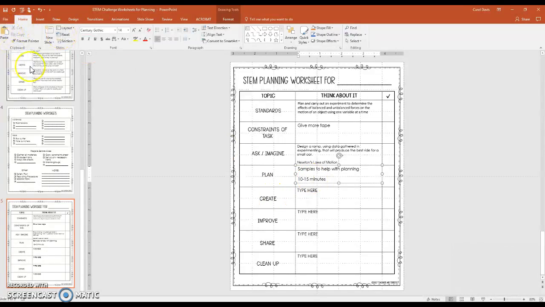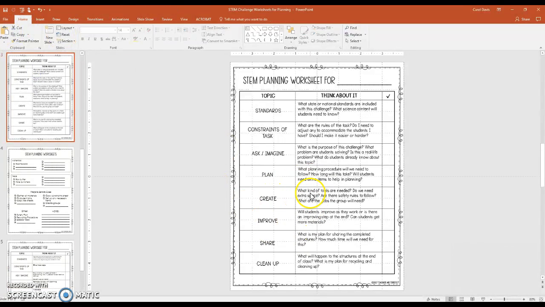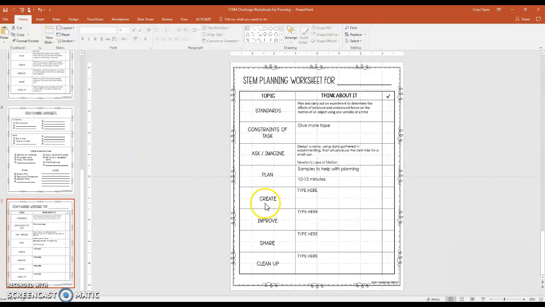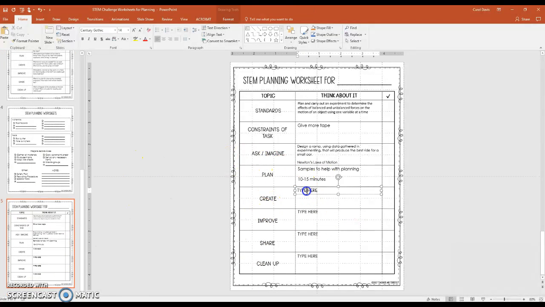For the Create section, let's go back to the hints. What kind of tools are needed? Do we need extra space? Are there safety rules to follow? What are the jobs the group will need? So most definitely with ramps, there are some safety rules. So I'll just make a note to go over the safety rules. I will make a note to help kids with jobs